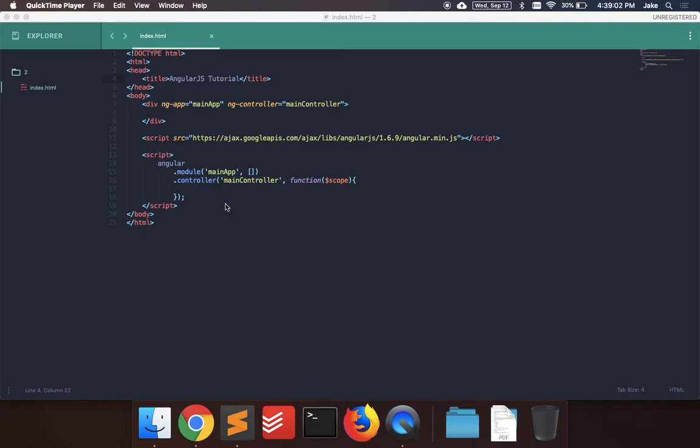Hey, what's up guys? Today we're going to go over a simple ngRepeat in AngularJS. So ngRepeat is just a directive that Angular has that lets you loop over certain HTML elements. So let's get started. If you've seen my Angular setup video, you should be at this spot with your